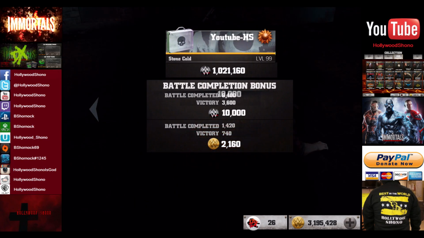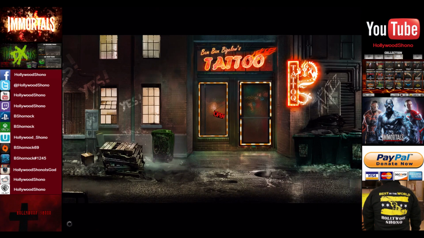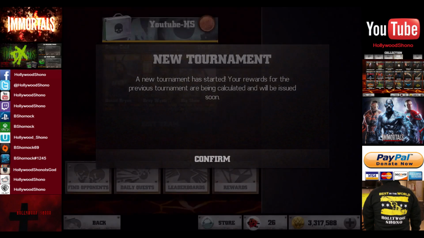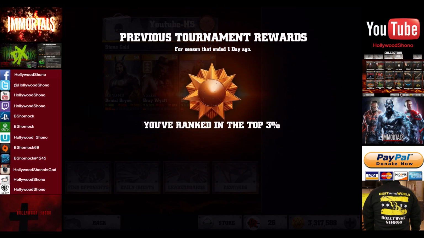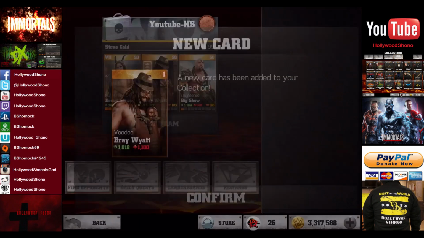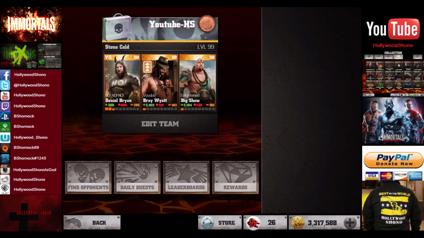9,480 XP, 10,000 Renown, 2,160 credits. So the multiplayer season should be over with. A new tournament has started. Rewards for the previous tournament are being calculated and will be issued soon. So we got in the top 3%, giving us 120,000 credits, 2 Haunted Lanterns, and 2 Voodoo Bray Wyatt,